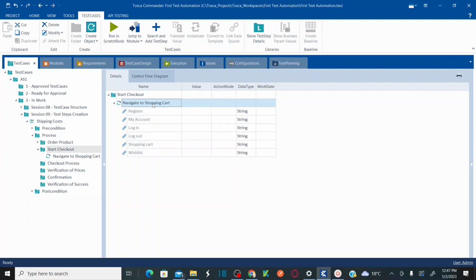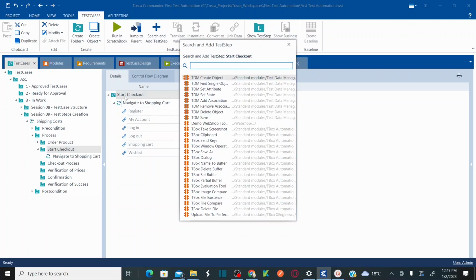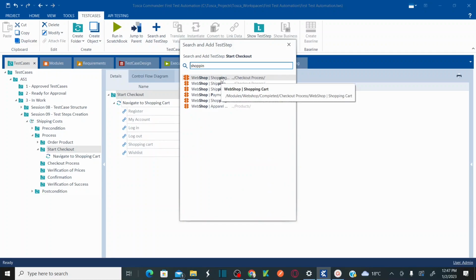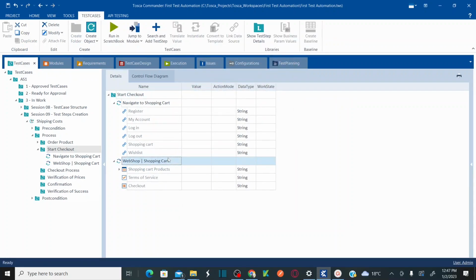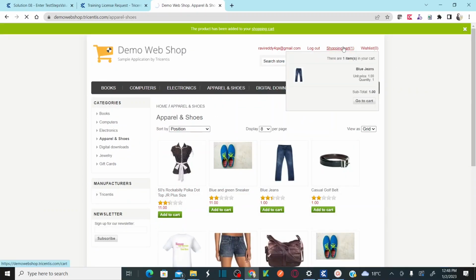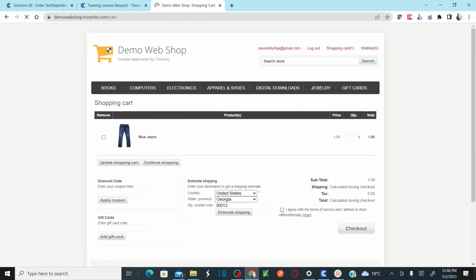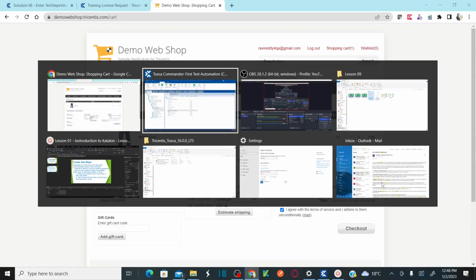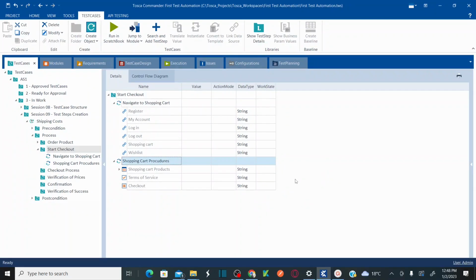And then you need to start your shopping cart procedures, right? Start shopping cart procedures. Okay, Control T, you already have the shopping cart module. If you see the shopping cart module, just select that and rename this as shopping cart procedures. So where I'm gonna go to shopping cart, here I'm starting the shopping cart procedure, which is this, check this box and check out. Okay, so once that is done, shopping cart procedures, and now you need to